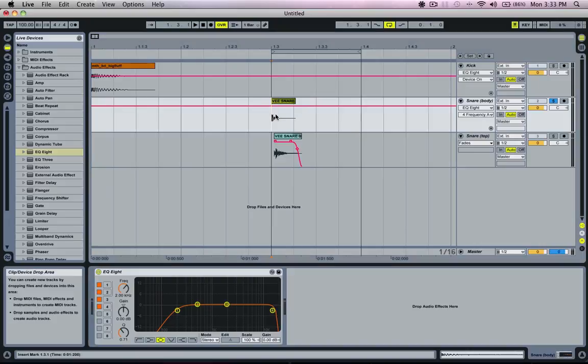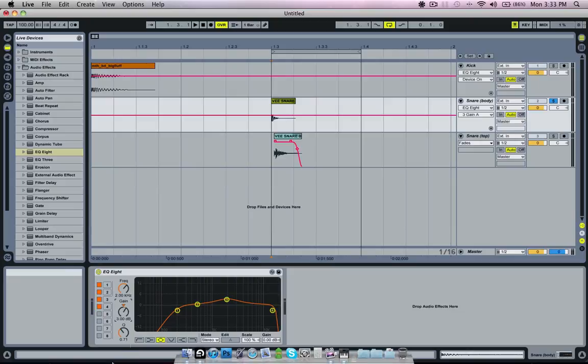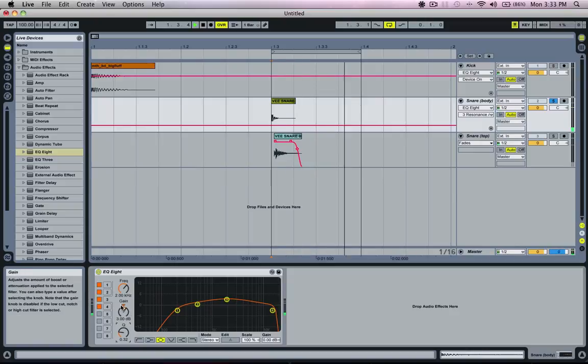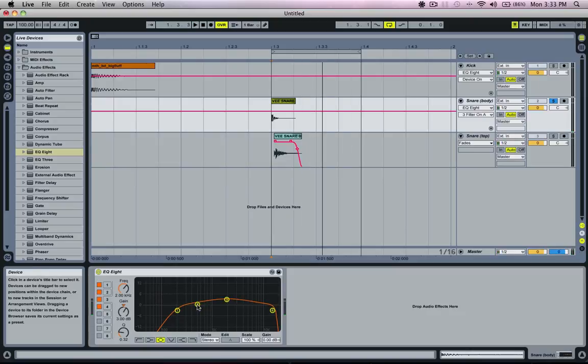So again, I'm just going to loop it, and it sounds a little bit too flat again, so I'm going to try and make it a bit snappier by pushing 2K up a little bit, maybe by about 3 dB, and I'll just add a bit fatter of a curve to it by bringing the quality down. So that's with it, that's without it, that's with it, and I might push maybe around 10K up a little bit as well,